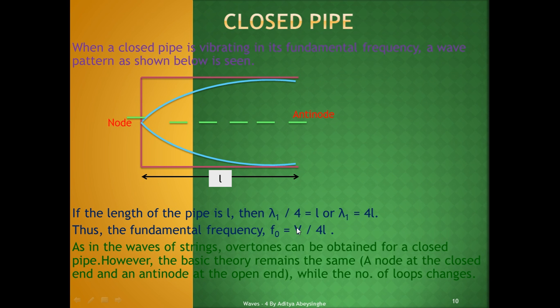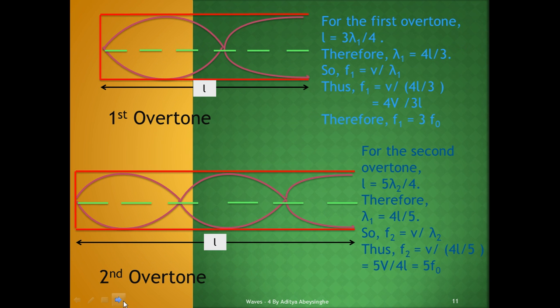So you know that F1 is equal to V by lambda 1. So F1 will be equal to, by solving, 4V by 3L. Now we know that F0 is V by 4L, right? So V by 4L. So you can say that F1 is equal to 3 times F0, right? So similarly,